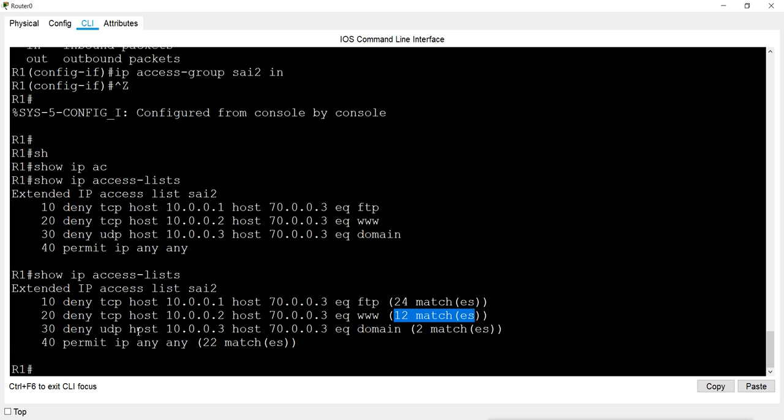And for the DNS, 2 packets are denied for this host. The rest of the packets are allowed. So these permit packets are 22. And again we can see the sequence. We can remove a single entry, and we can resequence these entries by using these sequence numbers, or even we can use the sequence command.